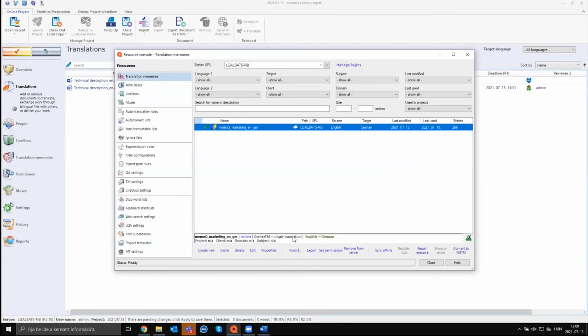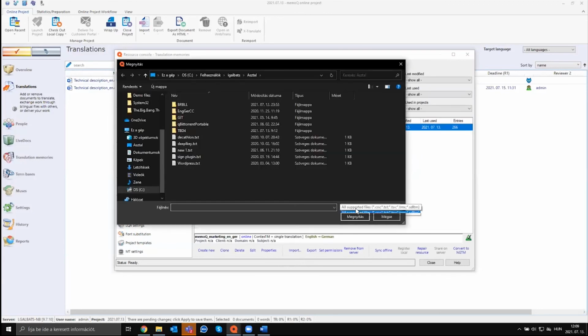And the same applies to translation memories. When you are importing translation memories from other tools, usually you can get a TMX file, but for example, you can also get an SDL TM that we could